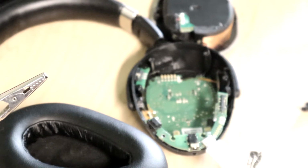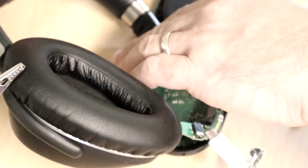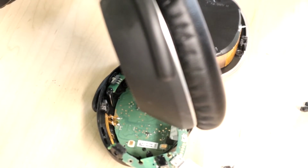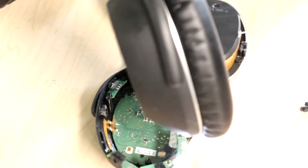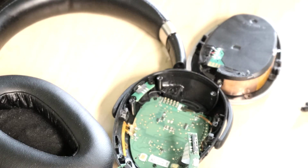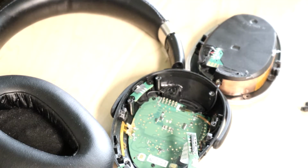I might have to let this charge up for a little bit, though in theory it should work while it's plugged in. I could probably try to jump those two points. I don't think, well actually I don't need to jump any points. Let me see if this thing will actually turn on. Oh my goodness, it does. It just turned on. It said power on. So that means power up. That means the magnetic switch in this one actually is functional,